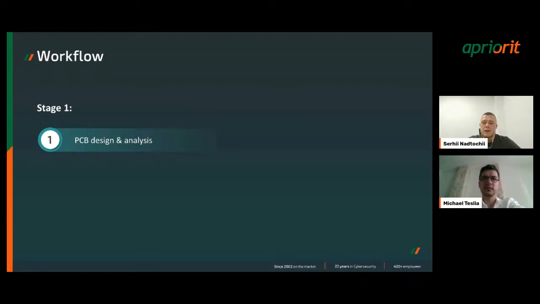So in this section, I want to talk about the common workflow in hardware reverse engineering, and the tools and knowledge we should have to perform hardware reverse engineering tasks successfully.